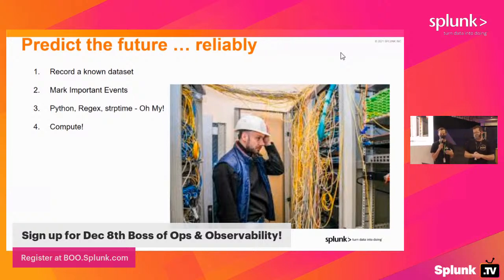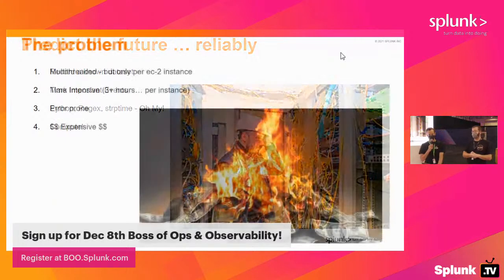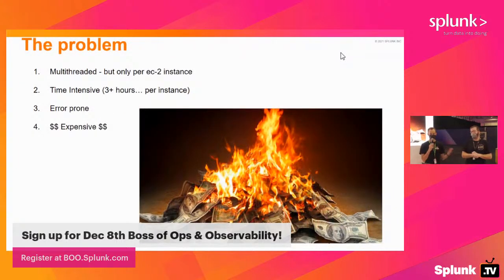But as you can imagine, that's a lot of compute. And this process can be very laborious if you have huge Splunk data sets like most of our customers do. And so the way we approached the problem historically was we tried to multi-thread out the finding and replacing process. We spun up some huge EC2s to do that with a lot of cores. But even at spending as much money as we can on EC2s, the amount of cores that we were able to purchase still got this process down to about 3 hours, which was really slow.